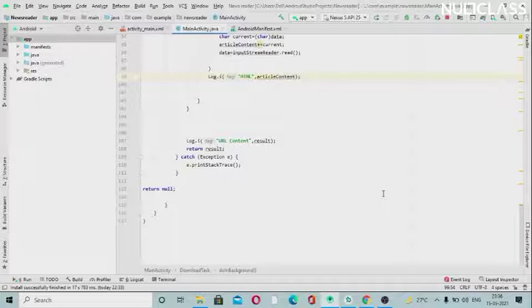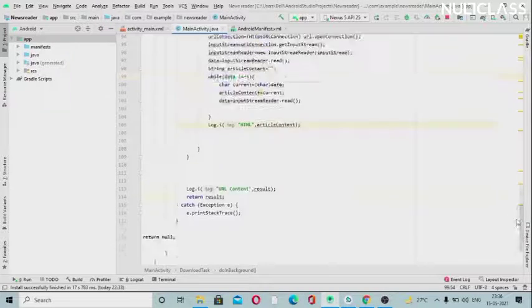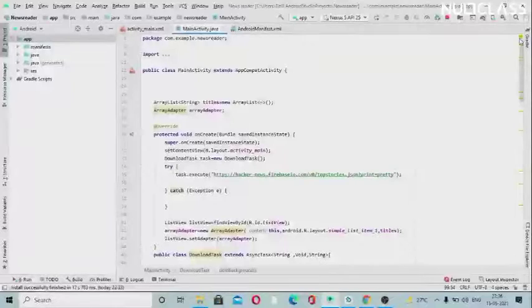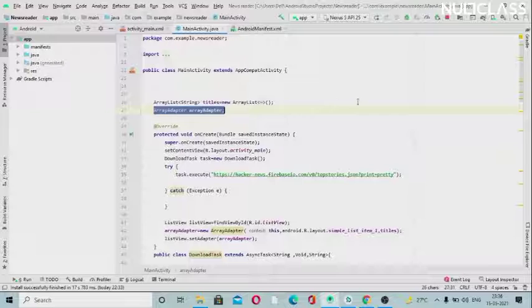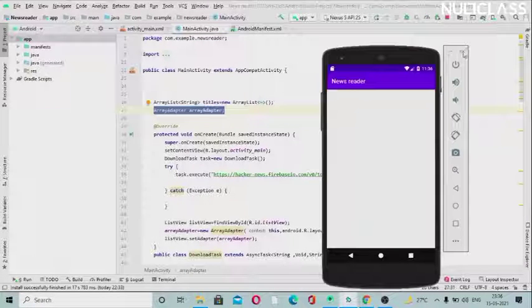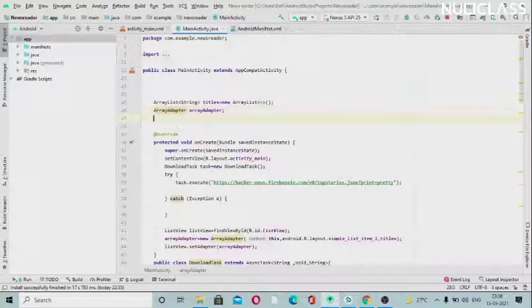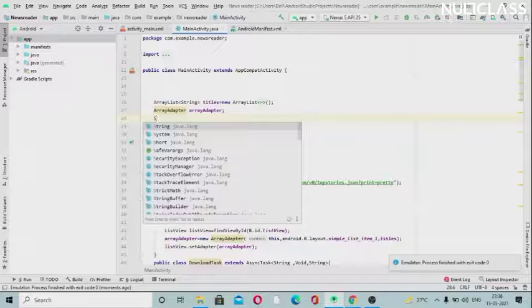So now that we have seen the SQLite database, we can use that in here. Just declare it. We can declare it here. I think this is running, so we should close it. Now we can use SQLite.